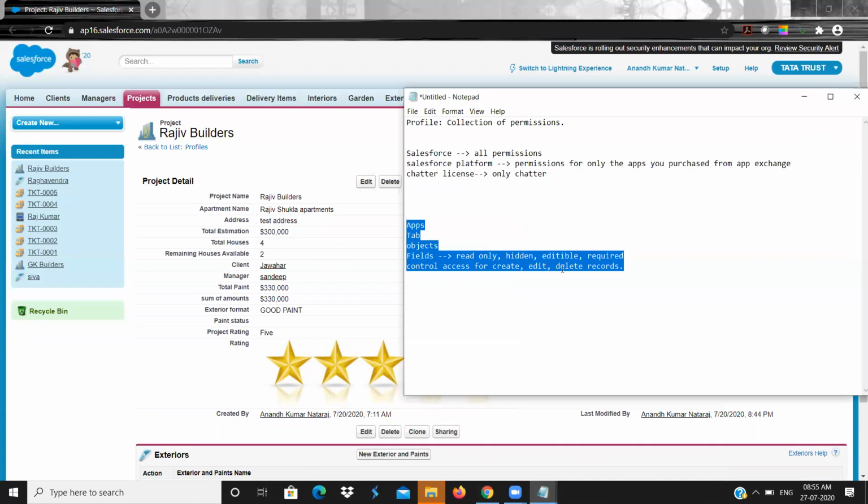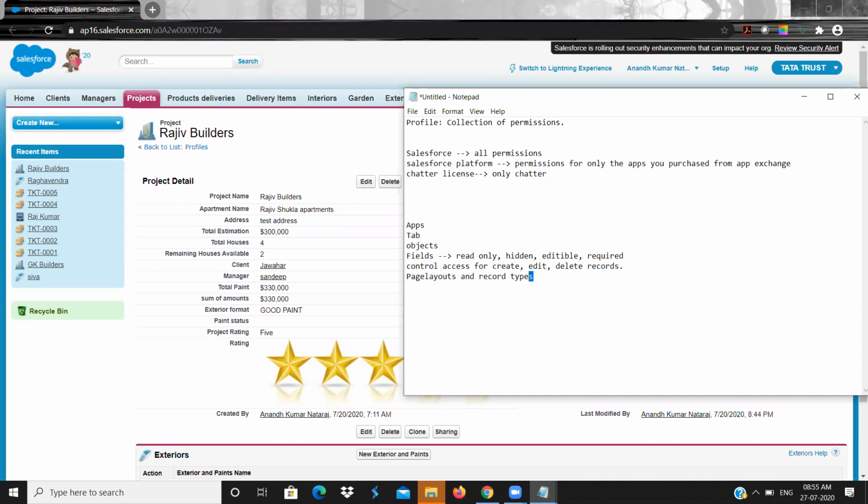After that, you can have these buttons, this button area. Okay, edit, delete, new button. So based on the access you give, if you remove create access, the new button will not be available. Okay. So apart from that, it can control the page layouts and record types.